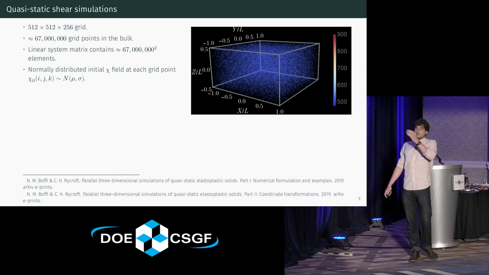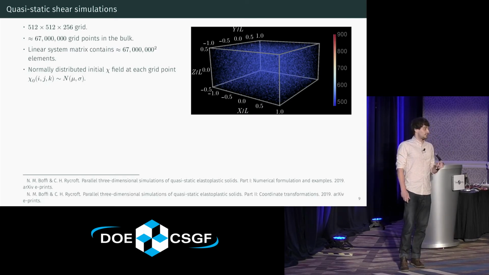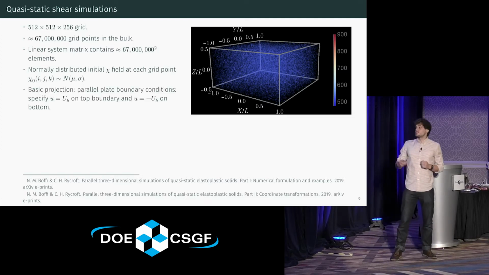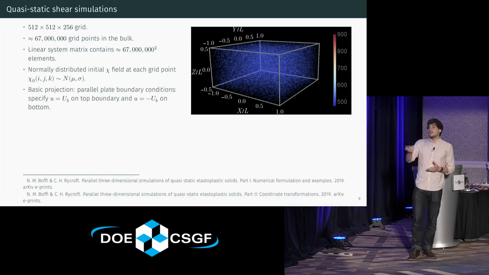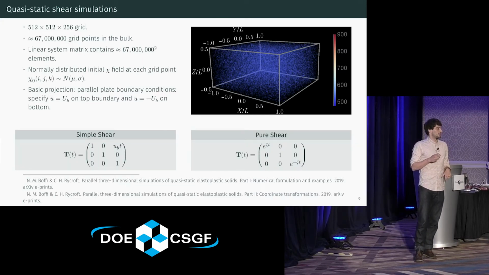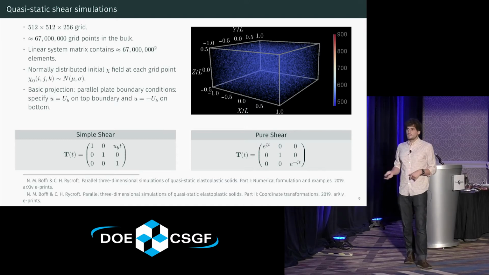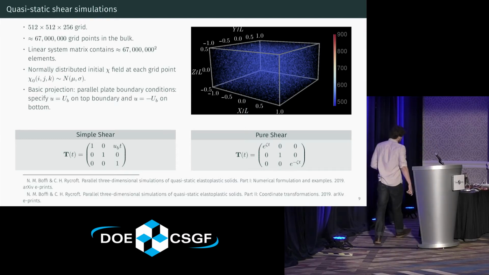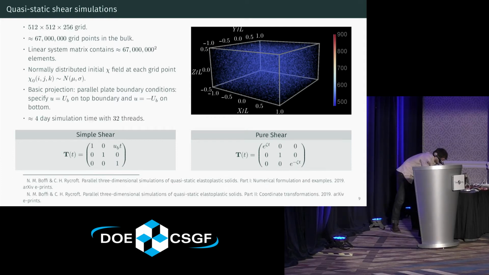OK, so the basic projection uses these parallel plate boundary conditions I showed in the previous slide, while the transformation method will look at simple shear and pure shear, which can be specified here. And for simple shear, we'll do Lees-Edwards boundary conditions, so it will be periodic in the z direction as well. And every one of these simulations takes about 4 days on 32 threads on one of our local desktops. OK, so we'll start with